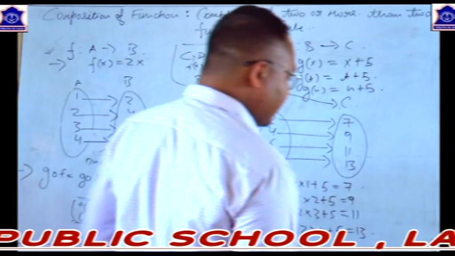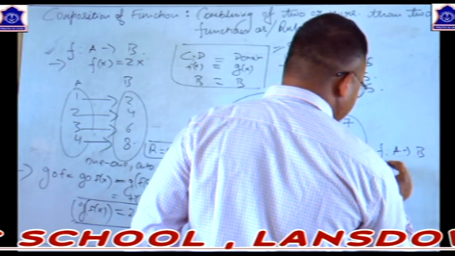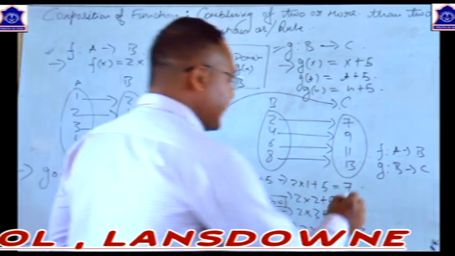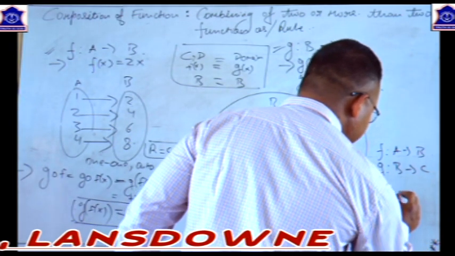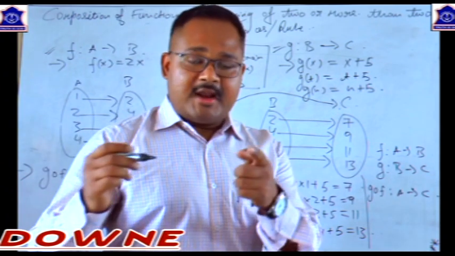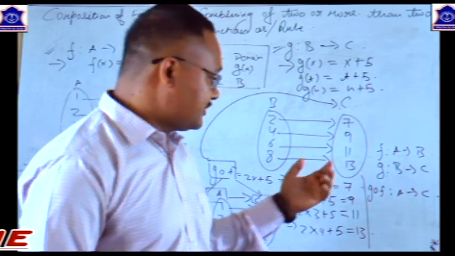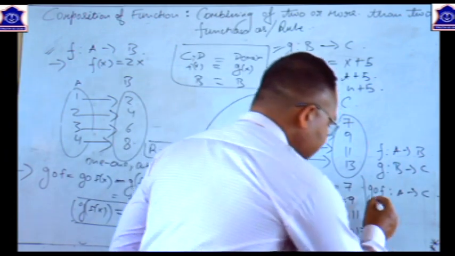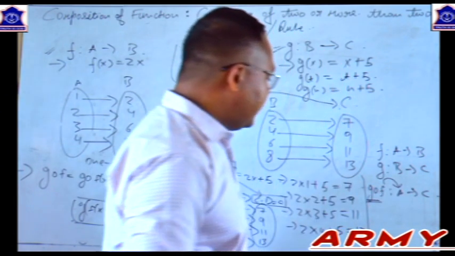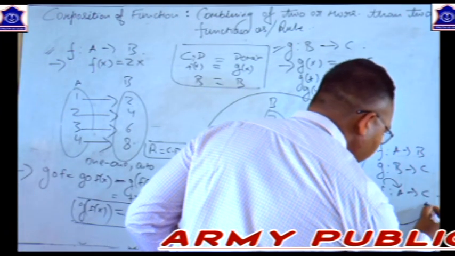So what we had was a function from A to B and another function g from B to C, and we have obtained a composed or combined function, that is GOF, from set A to set C. So now it is concluded that when we obtain a combined or composed function, its domain is the same as the domain of the second function, and the codomain of the combined or composed function is the same as the codomain of the first function.